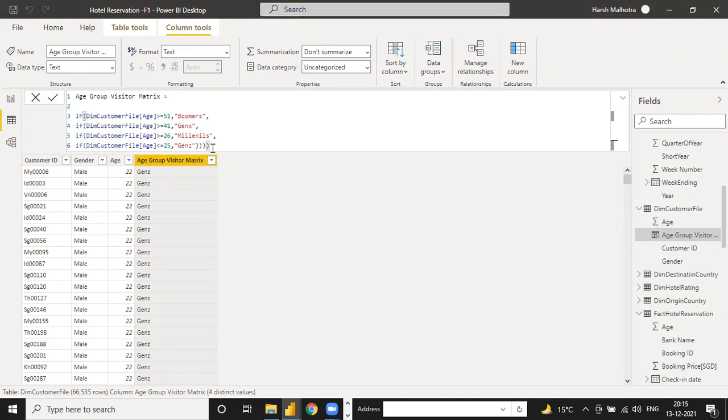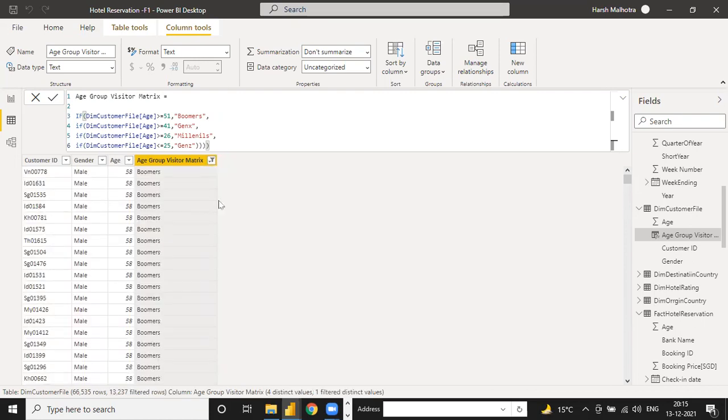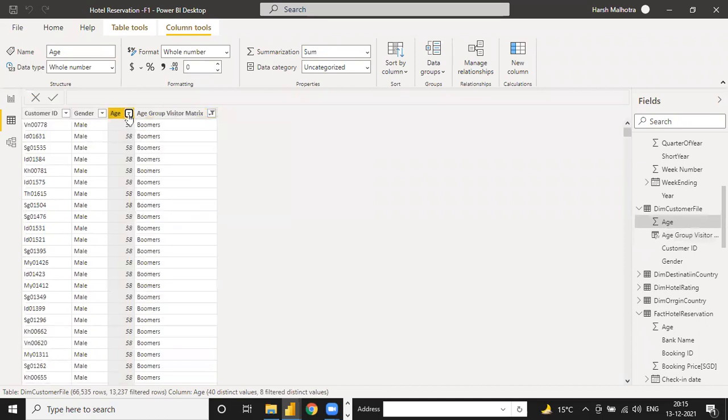But I want to ask you one thing here: is this function right or wrong? Anyone? Because in Excel, if we use greater than or equal to 51, it means it's boomers. But if I use greater than or equal to 41 gens, it means again greater than or equal to 41, the value will be gens. Why is it boomers? Because if I take it here, see, boomers is also a value, and if I select this boomers only,